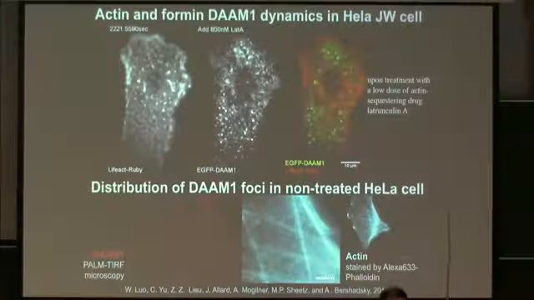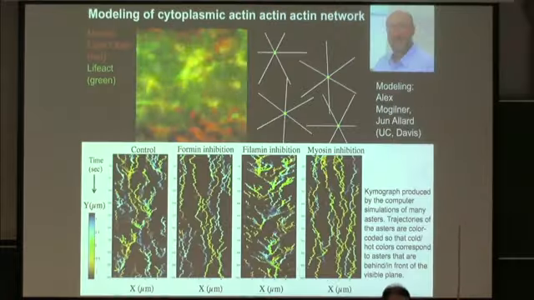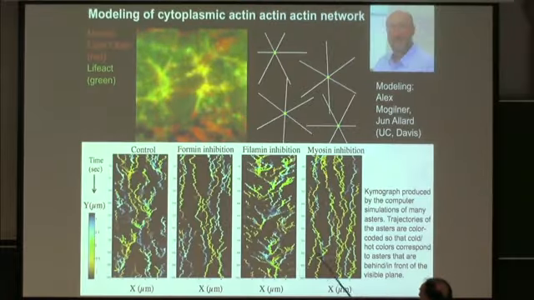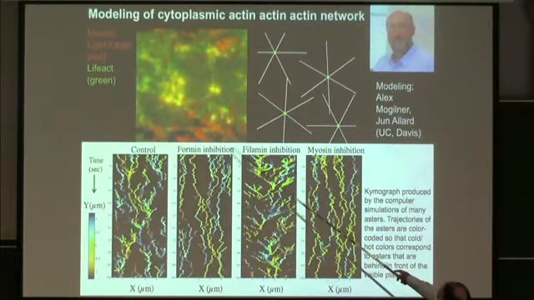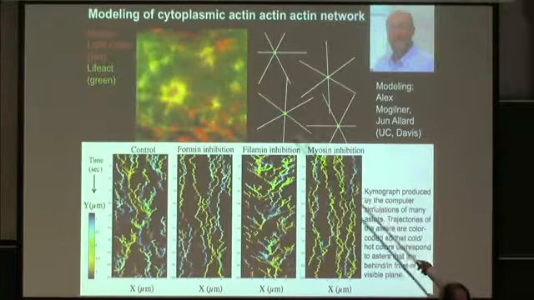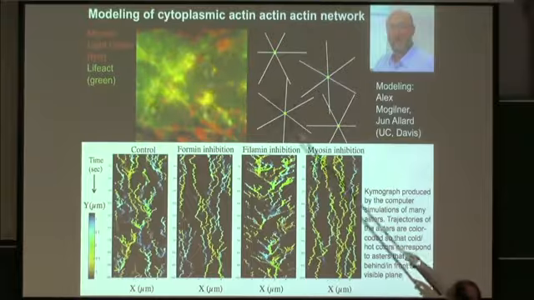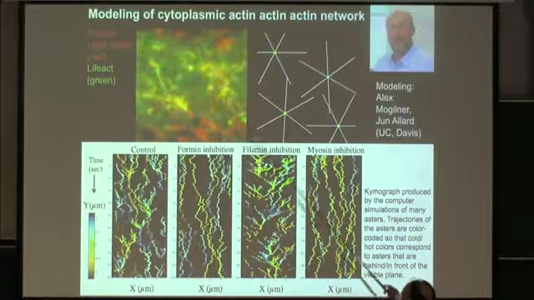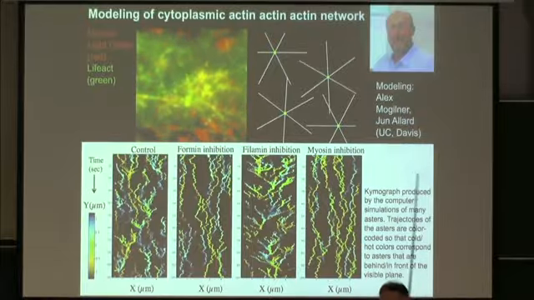The third protein that we found there was one of the actin cross-linking proteins, filamin A, and I will not repeat the same kind of images, but altogether it seems that the structure of the network